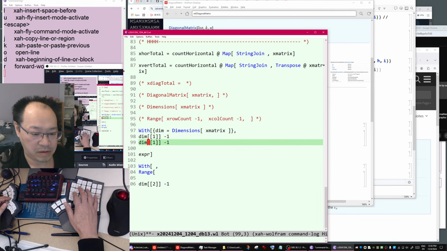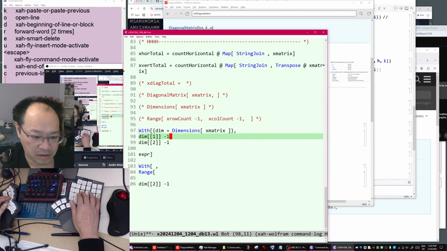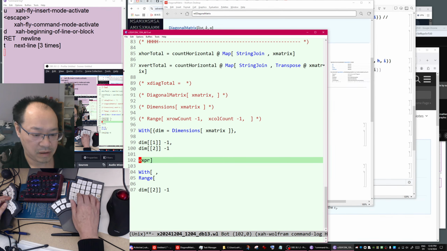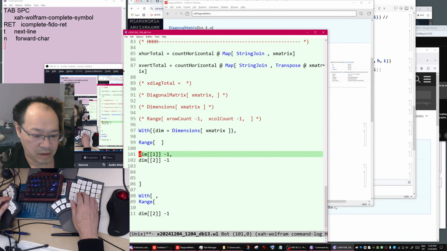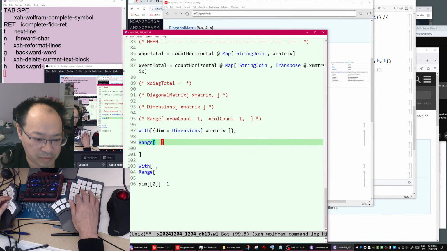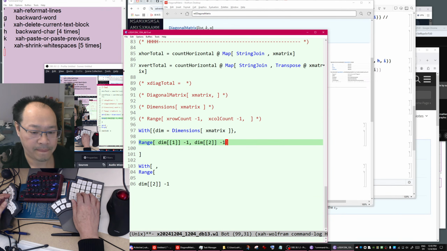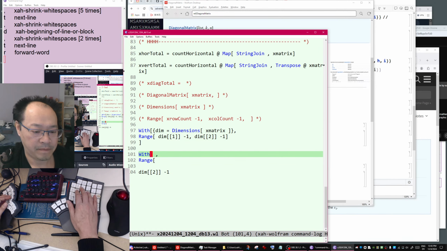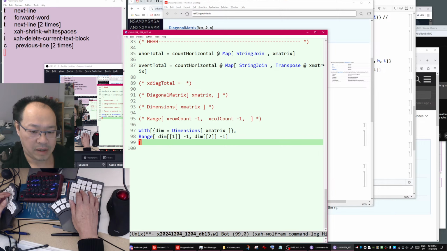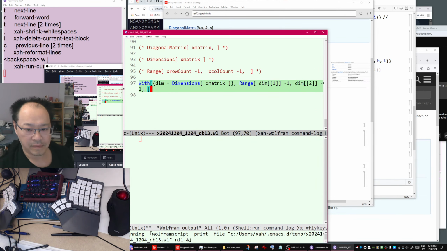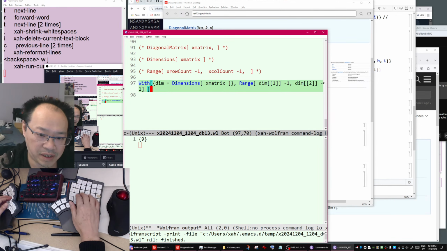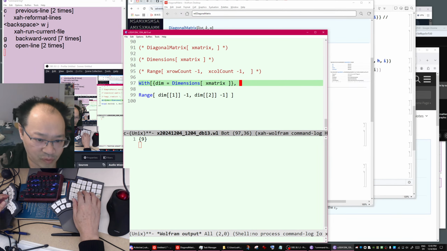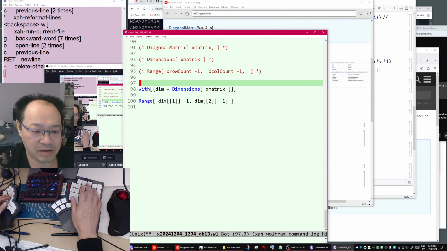Then dimension second part minus 1, then range of these two numbers, okay? Yeah, so run it. Nine. No, 9 is not correct. What is going on? Yeah, let's use variables, okay?